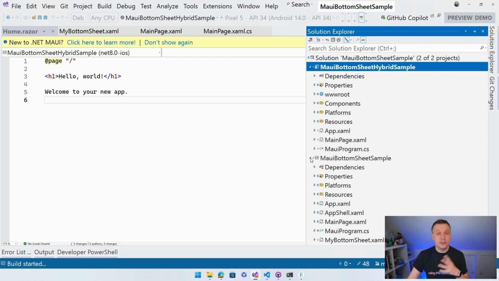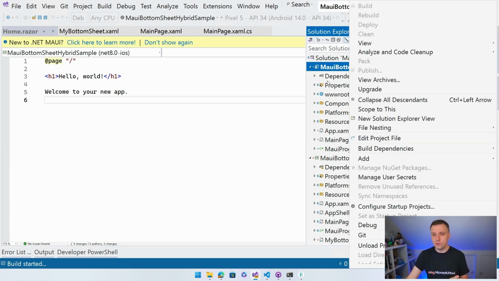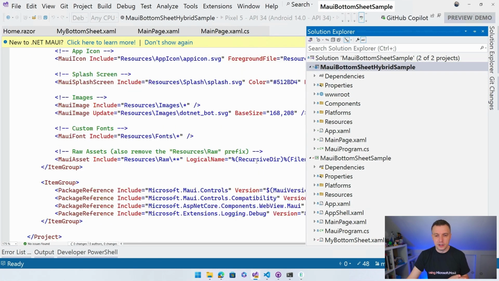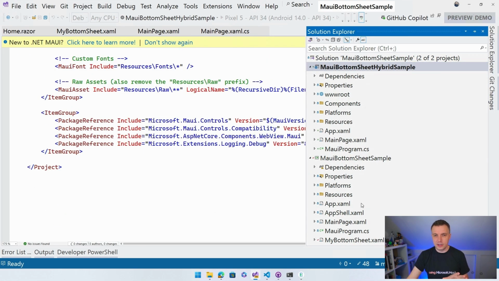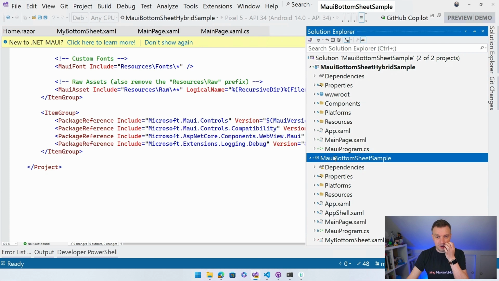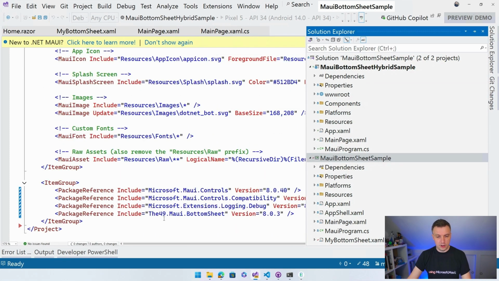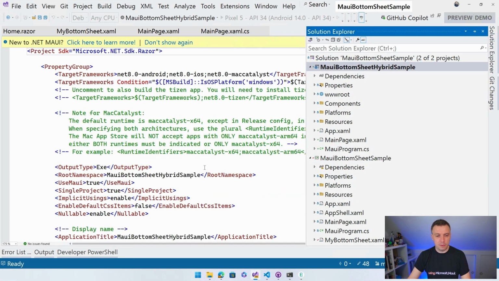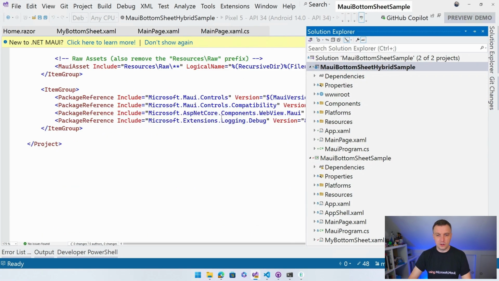What we need to do is obviously install the NuGet package on this as well. So because this is a new project, this is already .NET 8 out of the box. I don't need to do anything for that. I can't right click and do manage NuGet packages right now, but I can do it from here. I can cheat a little bit. So here you can see all the packages, and actually let me just copy it from this one right here so that we have the right one. So I can just copy this line, go to the csproj for my Blazor hybrid application and install that right here.